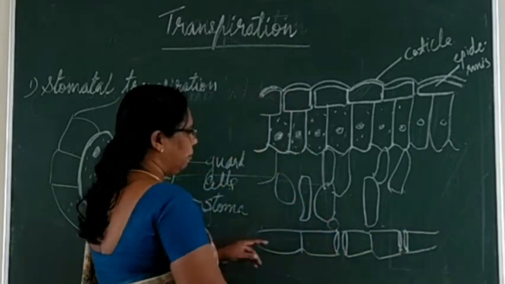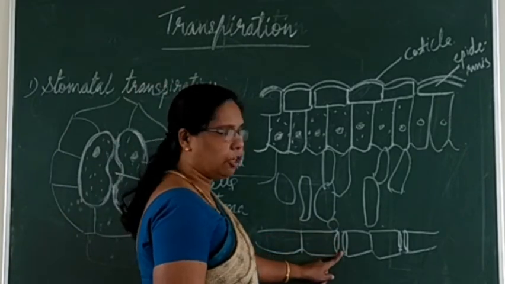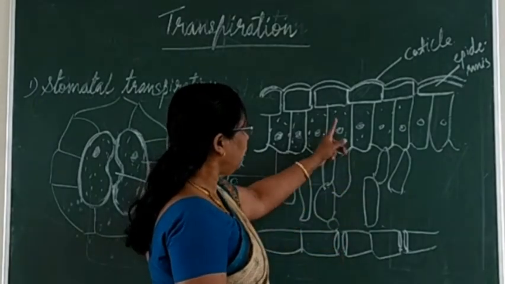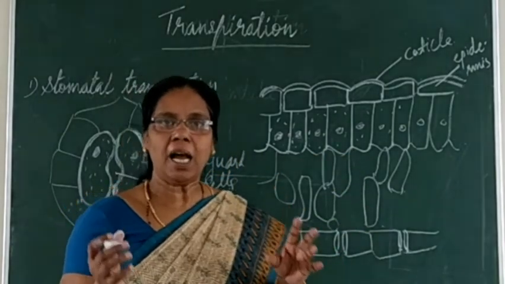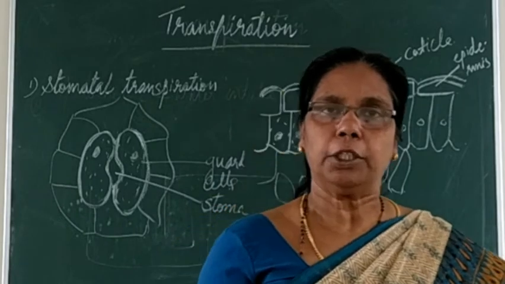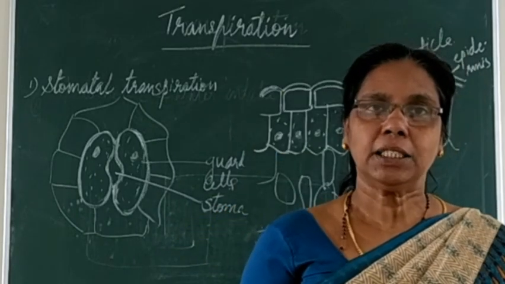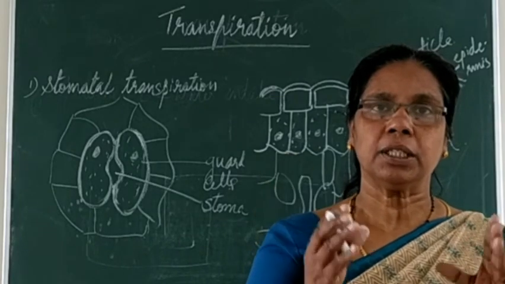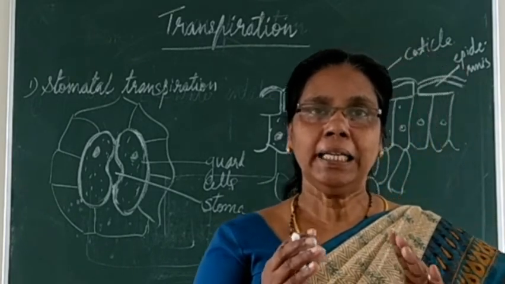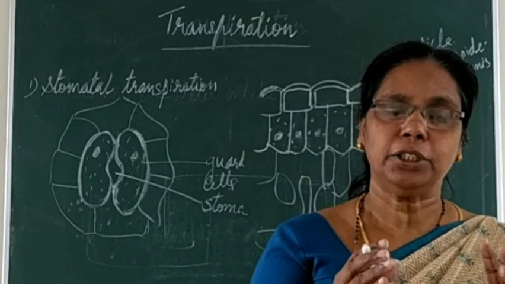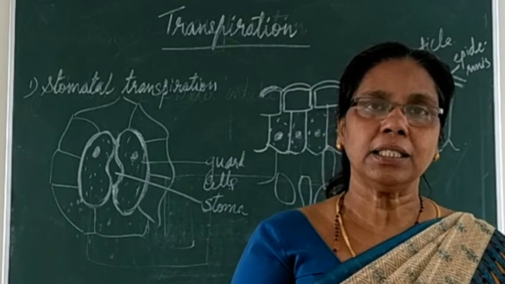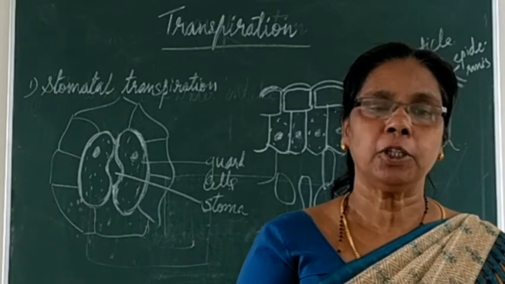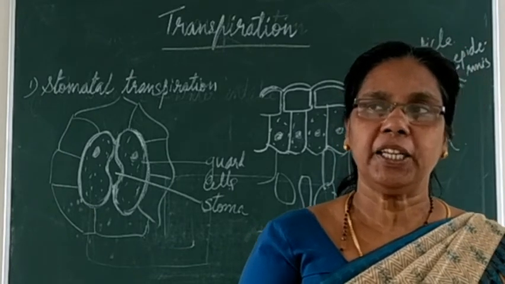So it is protected by guard cells. This opening is called the stomata. Now you can see that the plant absorbs water through the roots, I told you, and where does it reach? Yes, through the stem you can see it reaches the leaves. And the leaves use what is needed, and the excess water is given out. That process is called what? Transpiration.